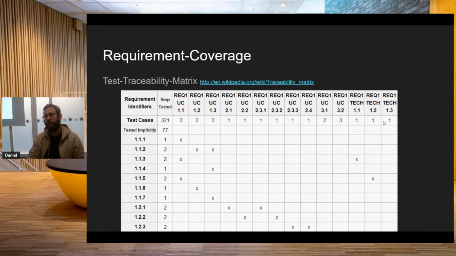And this is, we still need to think about this. We still need to work with the requirements. We still need to sit down and work with that. So it's quite hard to find a missing requirement or missing test case. Okay, so for manual test cases, or even if we automate this, we might want to do this test traceability matrix in order to show that, okay, for all requirements, we have